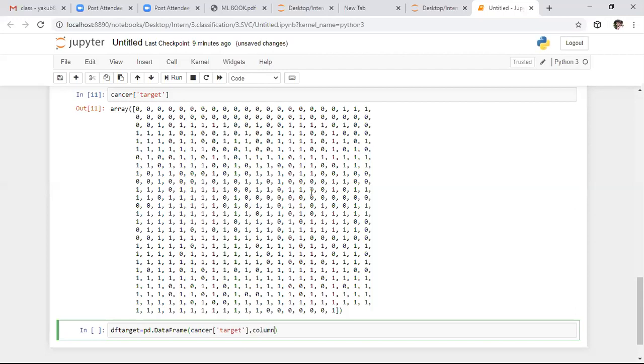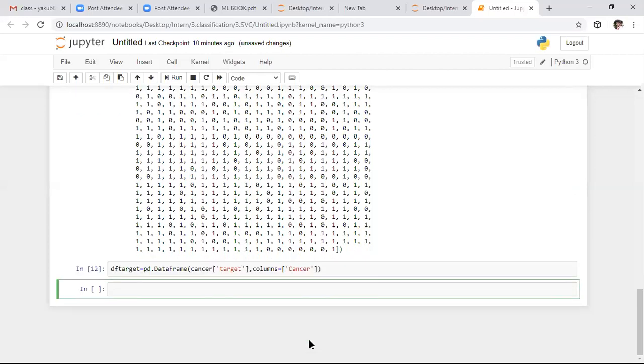So here I'm giving the column name as cancer only, whether the person has cancer or not. If it is 0, that means the person doesn't have cancer. If it is 1, that means the person has cancer. So I created the data frame for this also.